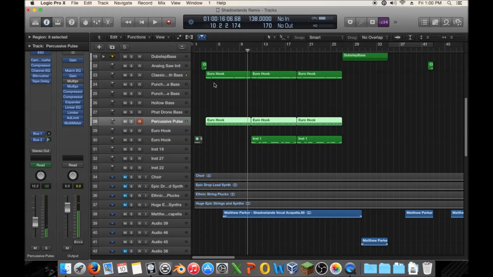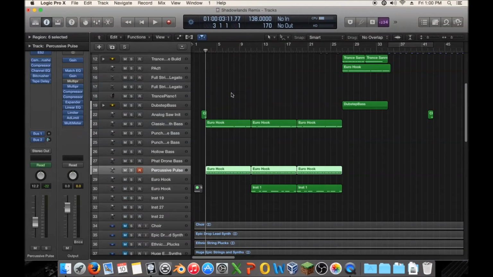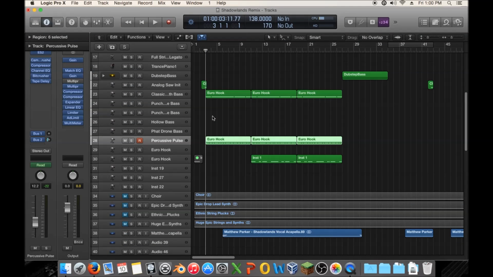Okay, which brings me to my first point of ways you could use effects. I talked about in the last video how you could use effects for transitions. This is the major point I want to touch on in this video, and that is, effects are used to fill out your track. Without effects, typically you'll get what sounds like a very thin track, even though your track might not be thin. It might have like 6 pads, a lead, a bass, and some percussion,